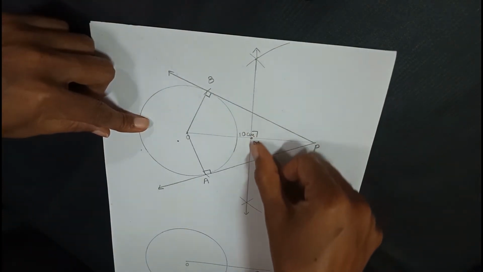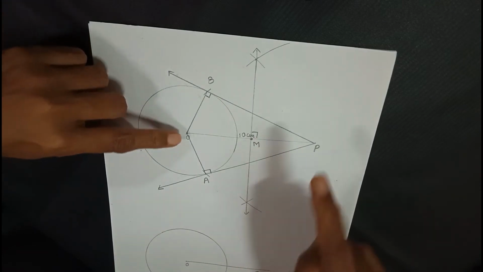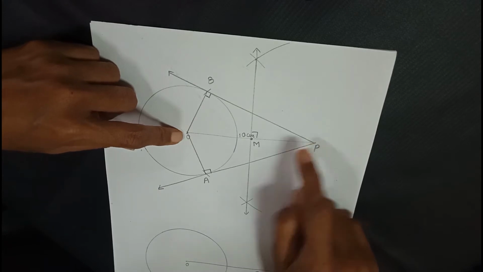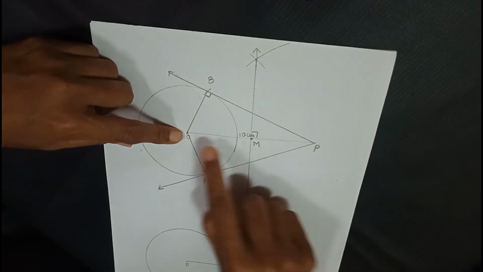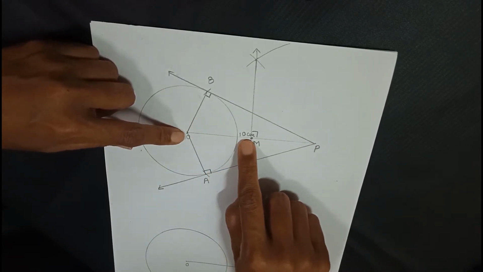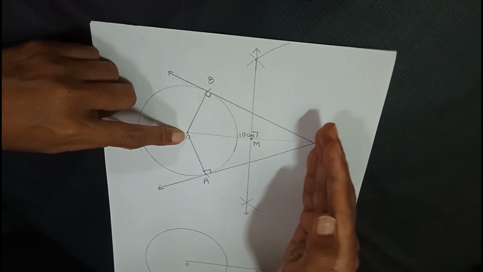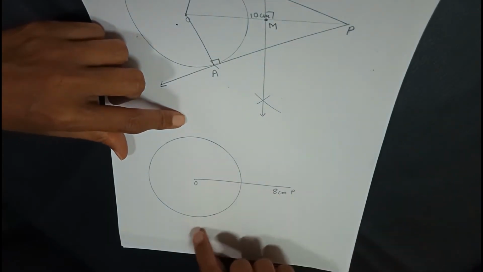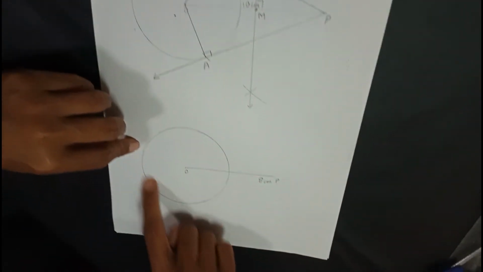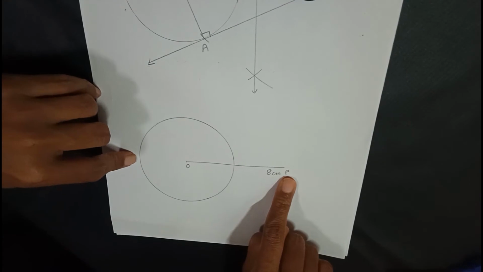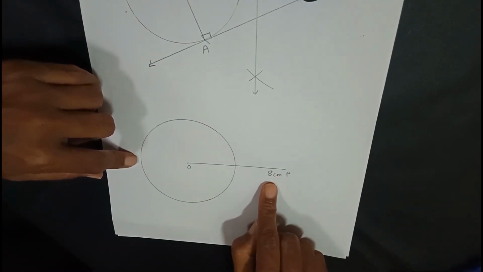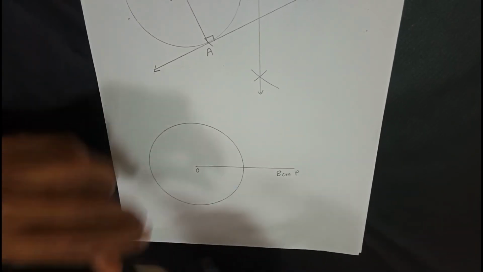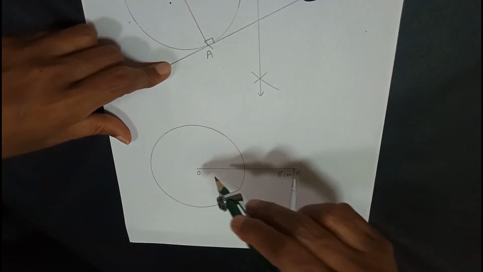As you can see, this was a perpendicular bisector, right? This distance was 10 centimeters. Half of 10 centimeter is 5. So this point that we got M is at a distance of 5 centimeters from O. Let us say I bring this point closer to the circle, as in the second case. Let us say, again I have a circle of the same radius, but I have taken my point P closer. Now it is at 8 centimeter distance from the center. We follow the same process and let's see what difference does it make.